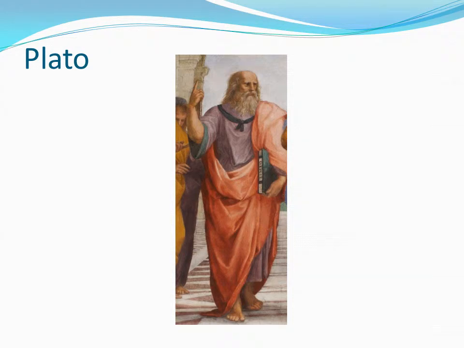So this is zooming in on Plato, and if you look at the painting, he's pointing up. He's pointing to heaven, he's pointing to the realm of the ideal. And for Plato, this is absolute reality. And everything that we see in our day-to-day physical life is really just a shadow of this higher reality. And so you see him pointing up.